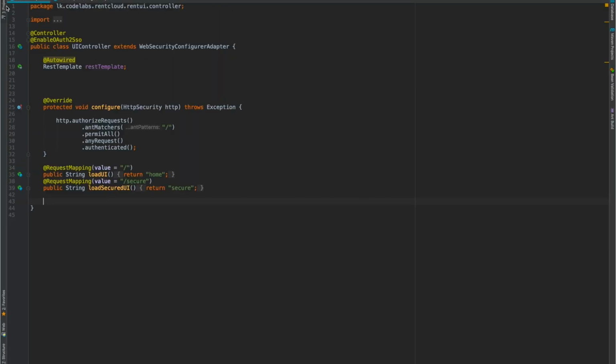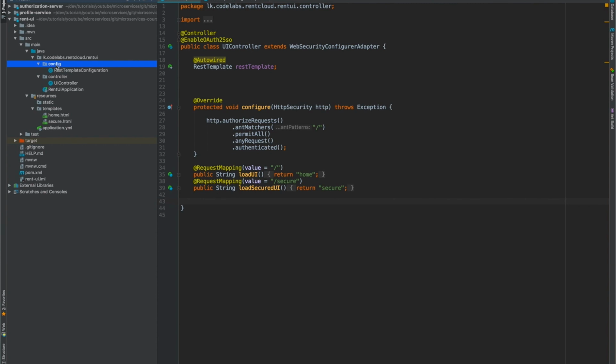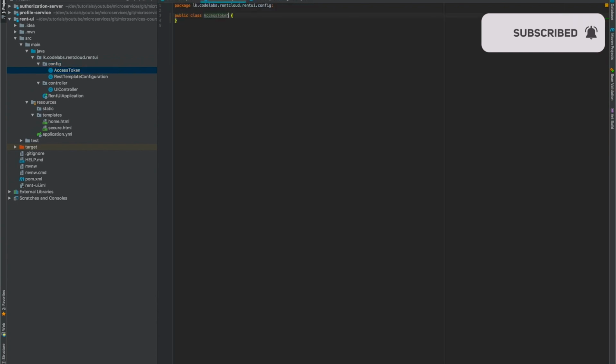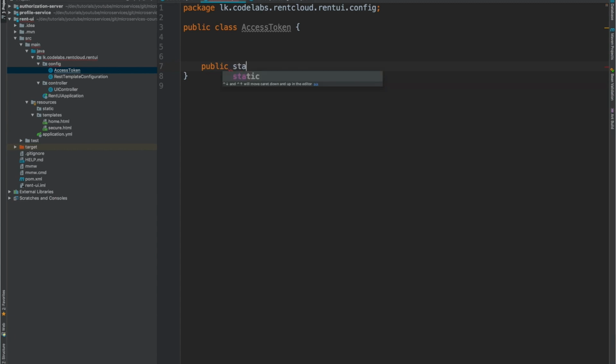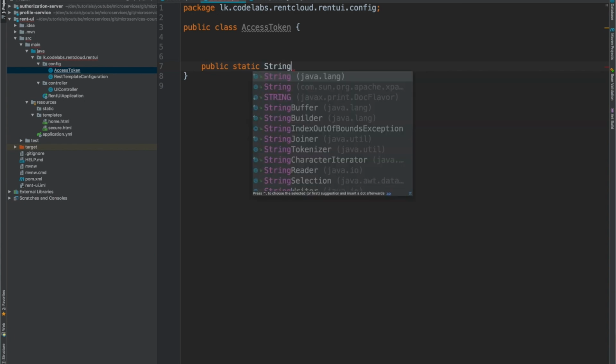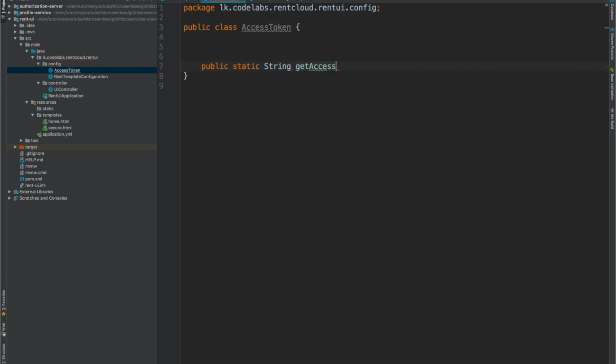Now I'm going to create a new AccessToken class here, right? You don't have to do this in this way. You can do it in any preferred way you want. I'm going to create a public method, and a static method for now, returning a String, getAccessToken, right? And from here I'm going to get the access token from my context, the context that I have right now,